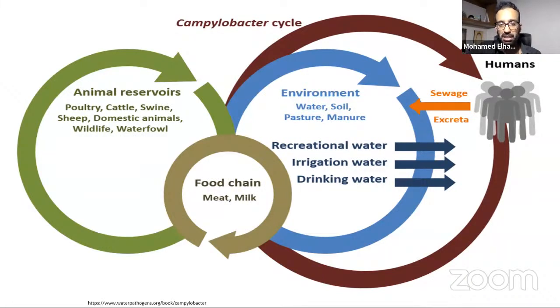So you acquire this through the farm to fork route, by eating uncooked, unpasteurized milk or uncooked chicken. We also have environmental routes of transmission of Campylobacter, maybe the drinking water or the irrigation water, etc. So we now have a complex epidemiology of Campylobacter, and the bacterium is rapidly evolving. The common understanding now is that this bacterium has an open genome, which I will mention later, and it is evolving everywhere. So there is no single common reservoir for the infection, whereas before we thought that chicken was the main reservoir.